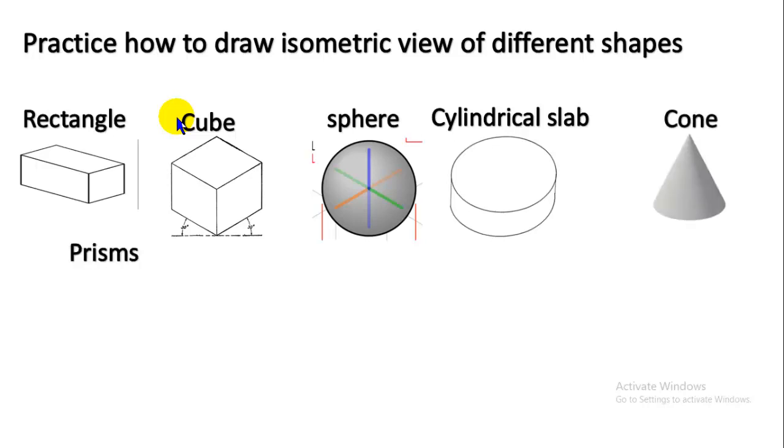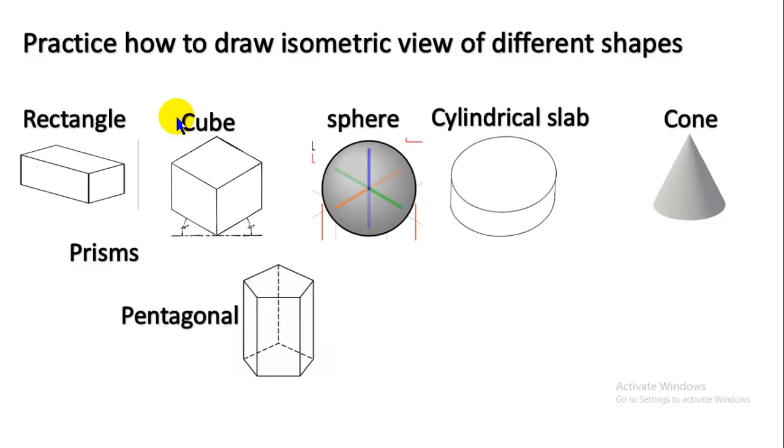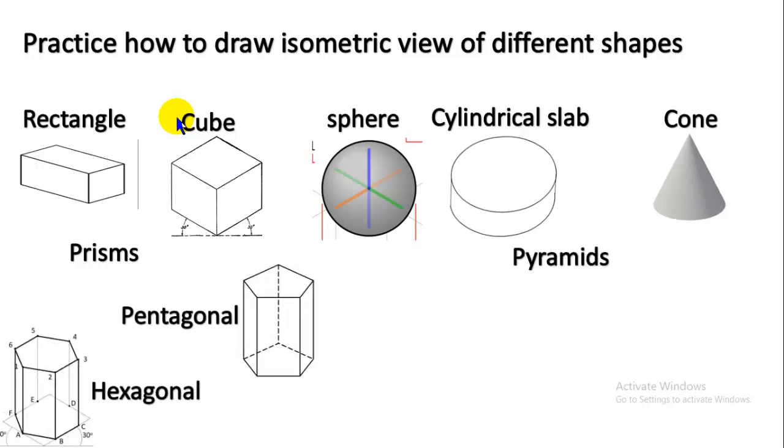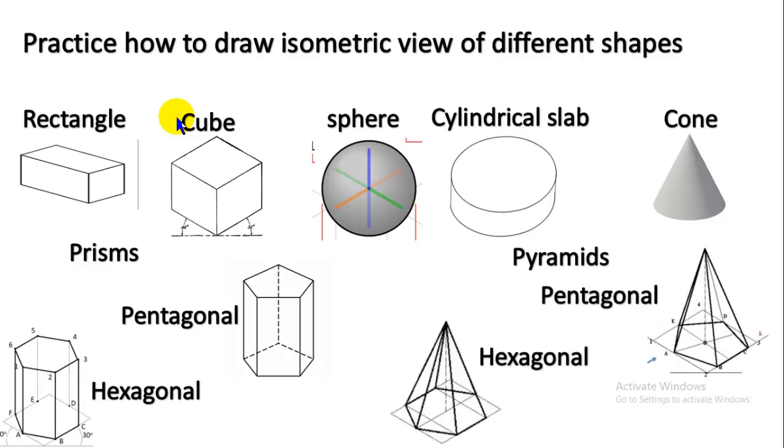Okay, now you should know how to draw the cylindrical slabs and then the cone. And then coming to the prisms, we have two shapes, that is pentagonal prisms and hexagonal prisms. And coming to the pyramids, we have pentagonal pyramids as well as hexagonal pyramids. These are the shapes we get in isometric view. If you know how to construct these shapes, you can easily get minimum 15 marks,